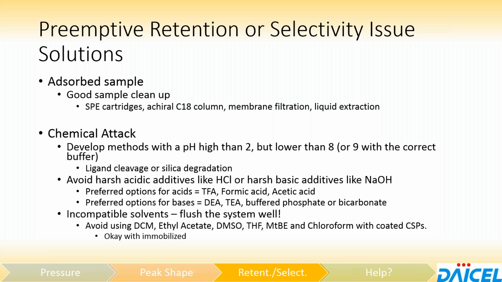So for the coated CSPs, it is absolutely paramount that you avoid using things like dichloromethane, ethyl acetate, DMSO, THF, MTBE, and chloroform for all coated phases. And it is extremely important that if you're using a system that has both coated and immobilized columns on it, and you're planning on using any of these solvents on your immobilized columns, that you flush the system extremely, extremely